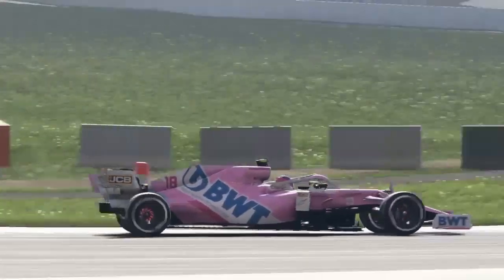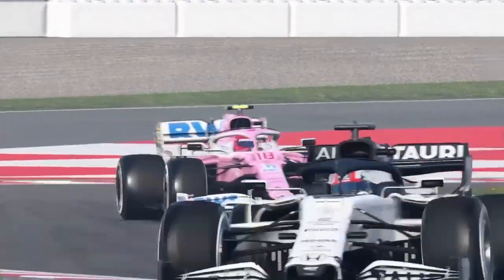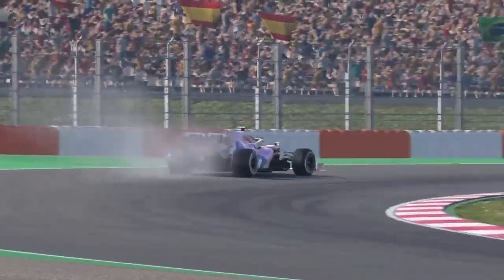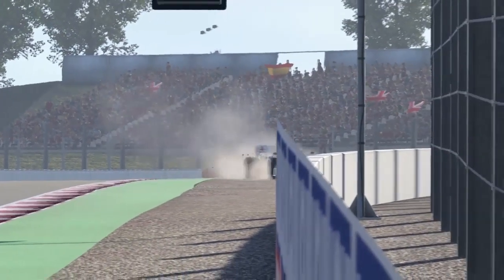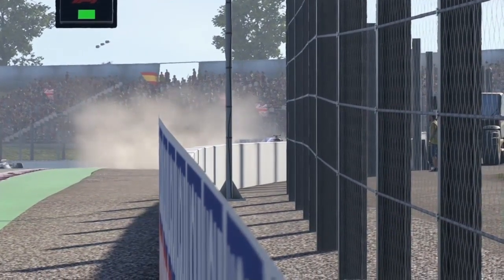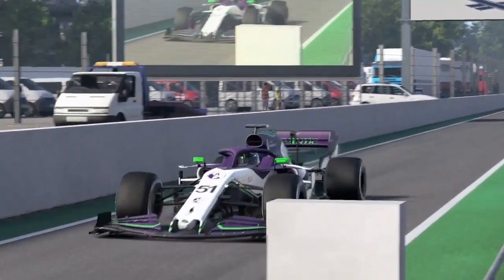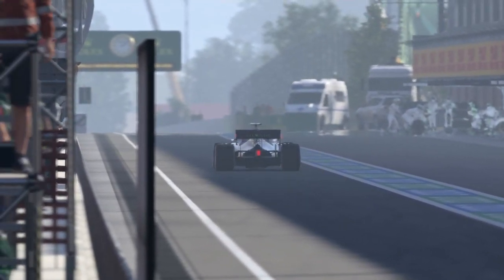We now look at Lance Stroll, who is actually still behind the two Alpha Tauris, trying to get a move on here to get them past, because I do think the Racing Point is stronger than the Alpha Tauris, but his car goes up in smoke, and it's... Oh, man. We've had two very quick successive retirements, and that has brought out the safety car in the nick of time, because now it's time for my pit stop, and as we enter the lane...